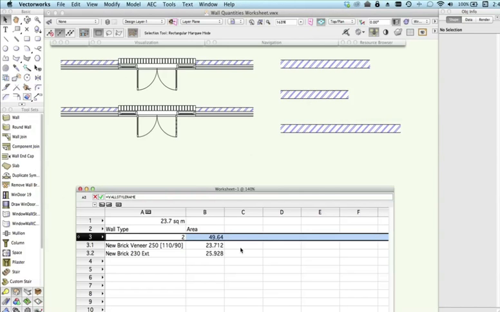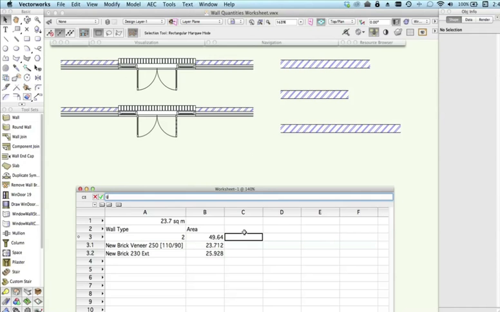So if you wanted to do a calculation here, you know, because you knew that there were 12 bricks per square meter, then here you could put quantity, and then here you would put equals this cell here times however many bricks per square meter, I don't know, 15, and that's going to give you